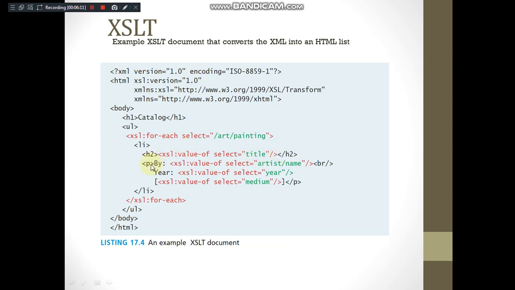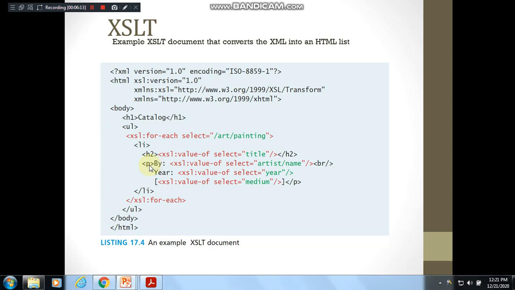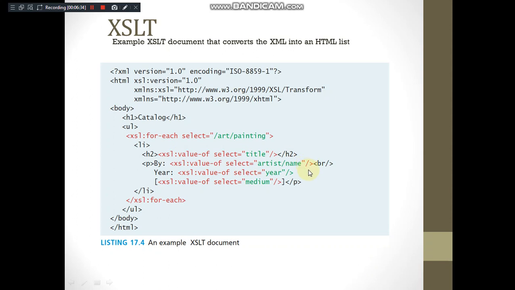Then you want to write that it is written by so and so. You have started with the text element p here, "by" is written, so you want to display the artist by whom it is done. Title is written, by whom it is done, that is stored inside artist, and in that you are particularly displaying the name, isn't it? So this will be common: xsl:value-of select artist/name is selected. You want to take the next part to the next line, so you have used the line break tag here.